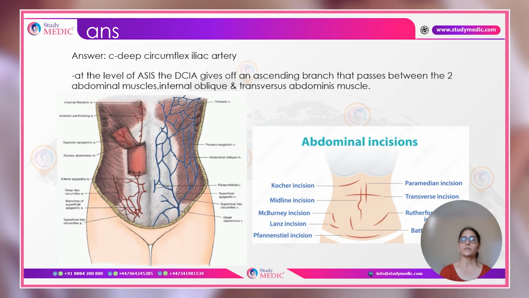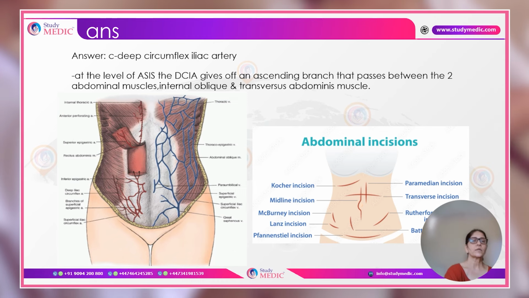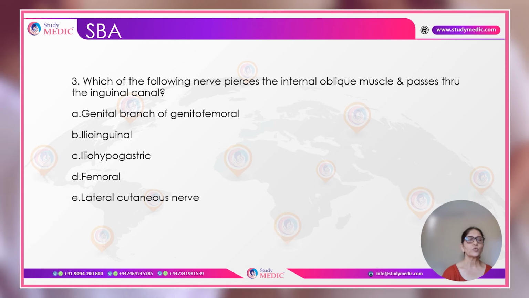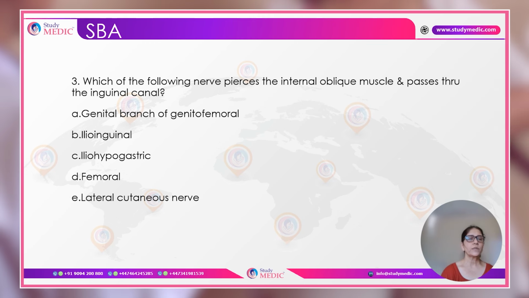McBurney's incision is an incision which is more lateral. And here you have either the deep circumflex iliac or the superficial circumflex iliac. Now, the superficial circumflex iliac is another artery. If you have a look here, that artery is more towards the medial side, so it is unlikely to be damaged during an